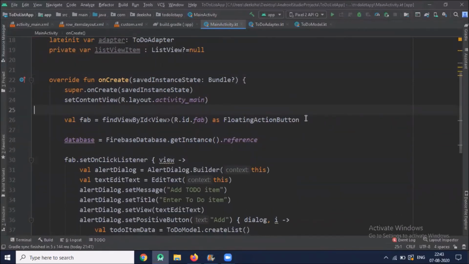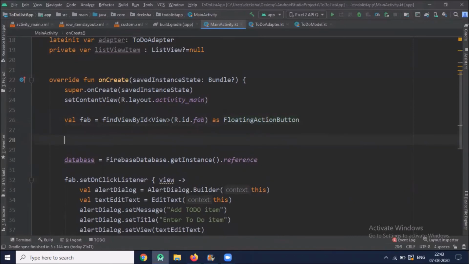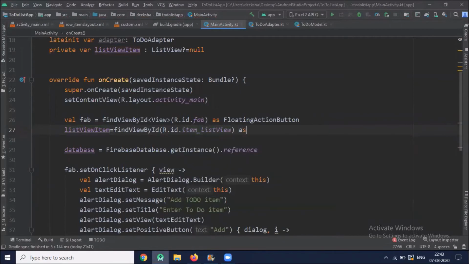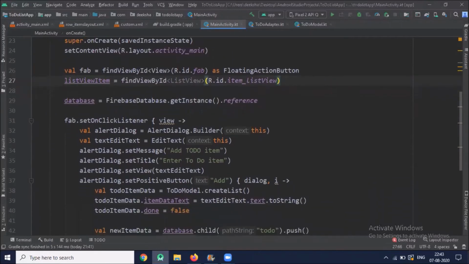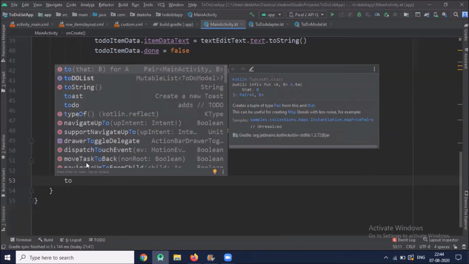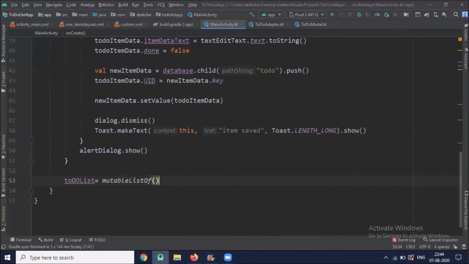Now fetch the list view ID from XML by using findViewById. We set the adapter to show the items in list view.